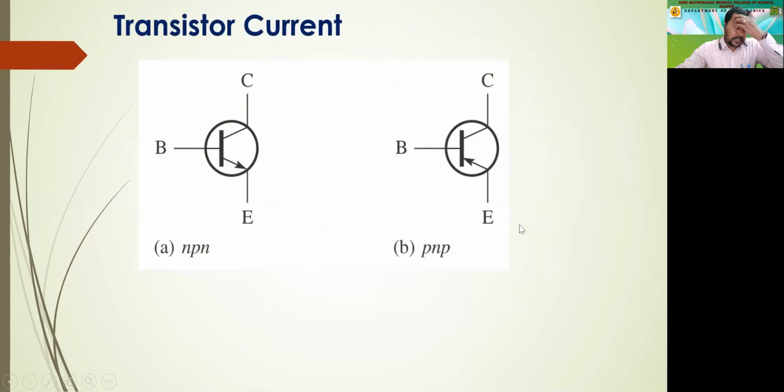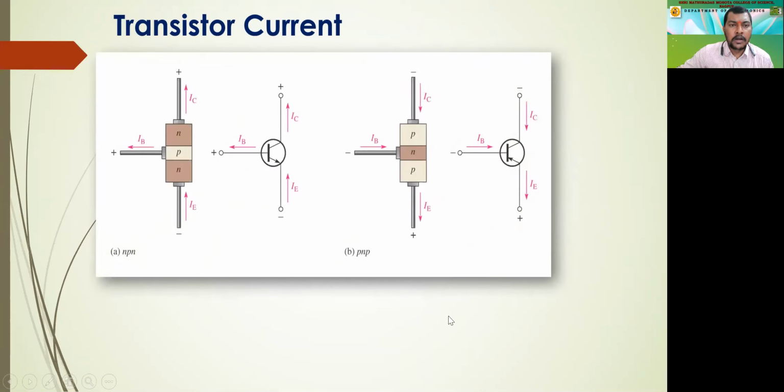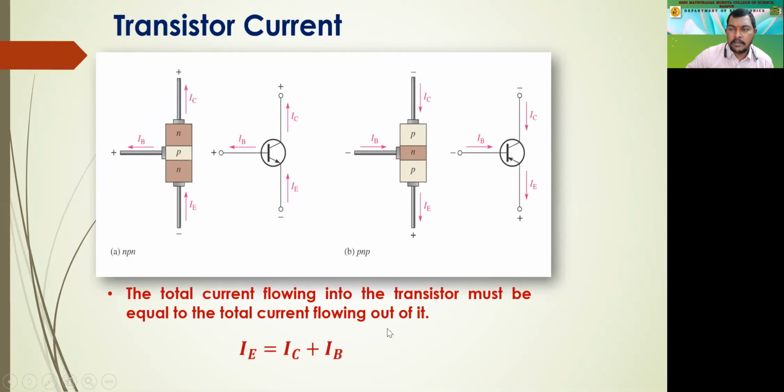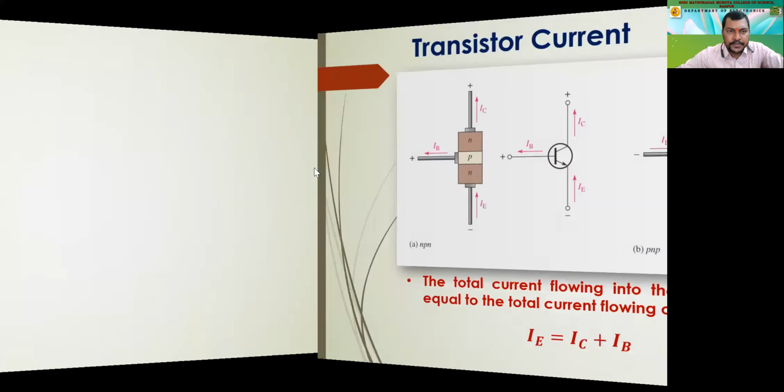Yeah, so there are some transistor currents that are required to derive the formulas. These are NPN and PNP transistors, and these are the current nomenclature that we use: IB, IC. IB is the base current, IC the collector current, IE the emitter current. As you see over here, the currents are entering the junction in the NPN transistor, whereas in the PNP transistor, IB and IC are entering in and IE is coming out. But net, the equation will remain the same. That is IE equal to IC plus IB for both NPN and PNP transistors.